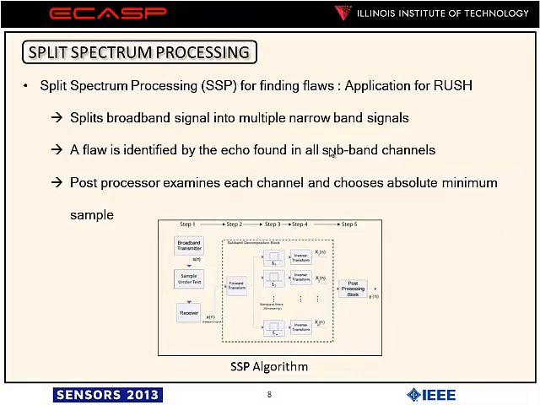And this is one of the examples that can be applied when it comes to flaw detection in a structure. For ultrasonic data, we use this kind of application for our Rush system. It's called split spectrum processing. As all of you might know, SSP is an algorithm that is able to detect the flaws within the structure, where it uses simply FFT and then inverse FFT, and then